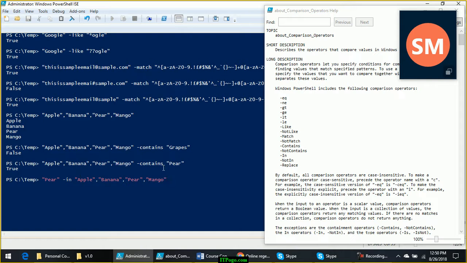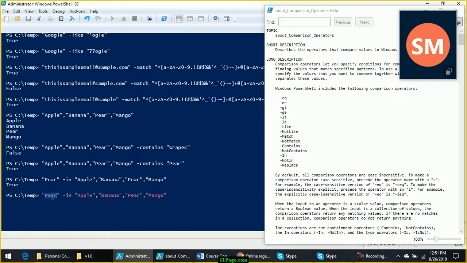Now it is the same thing, but only the sides are changed. That's why the operator is changed. And this in operator was not present in previous versions of PowerShell. Previous to PowerShell version 3, this was not there. This in operator was introduced in PowerShell version 3 onwards. So pear is available in this list or not.